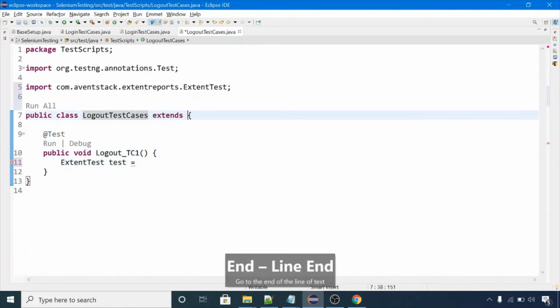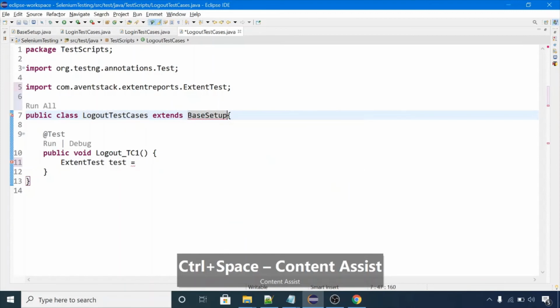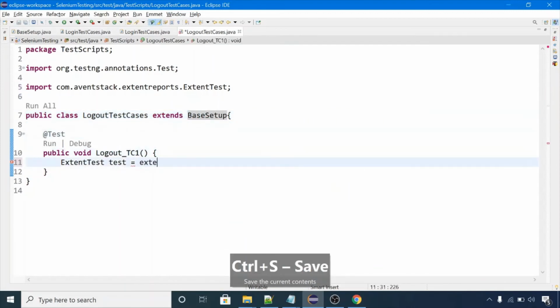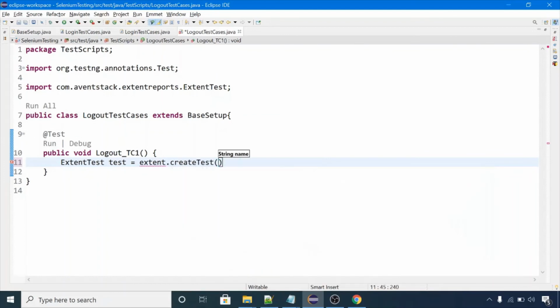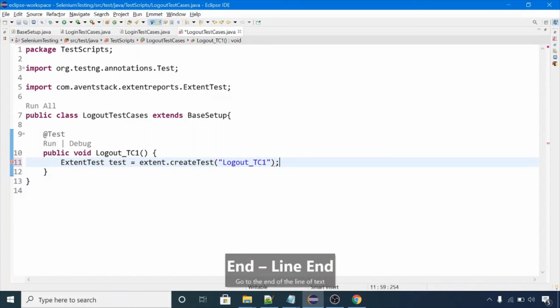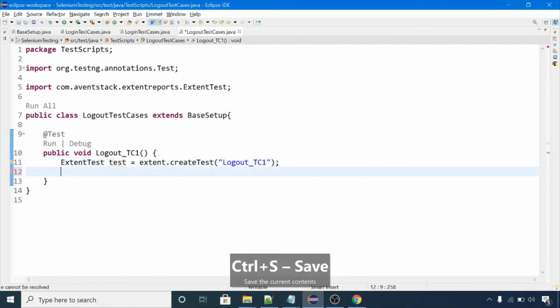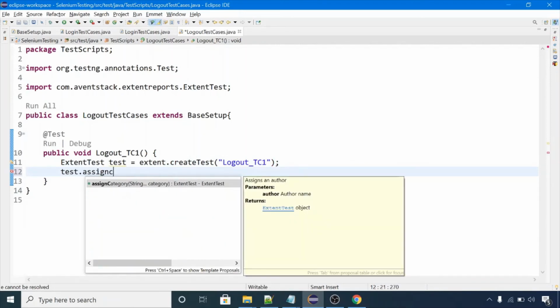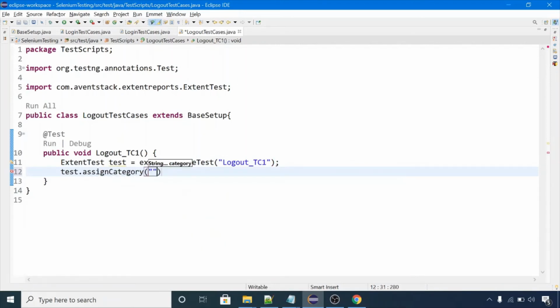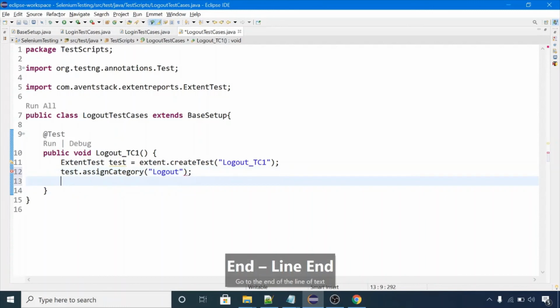Then extent.createTest, pass the name here, logoutTestCase1, and we can assign a category there, test.assignCategory, and pass the name as logout scenarios. And you will use test.pass.